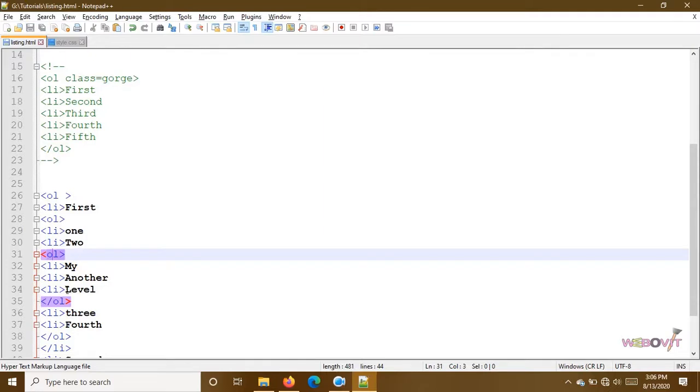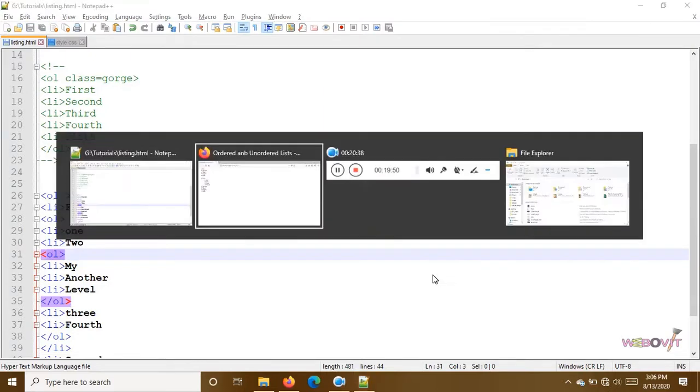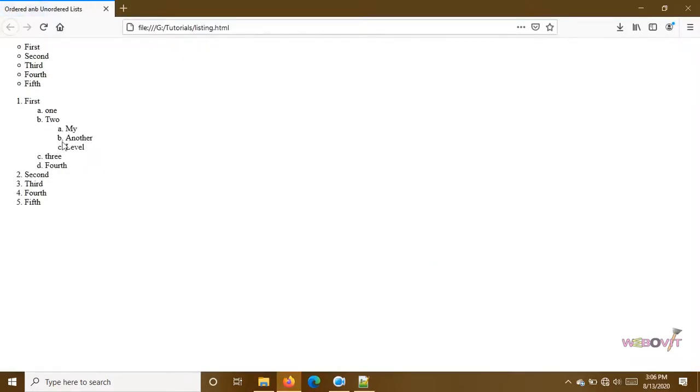Okay, so now for the 2, again an ordered list has started. This is for the 2, which will start from here and it will finish here. We will see the preview. Okay, so now first having these parts A, B, C, D, then this one too having these parts also. So like this we could have subcategories also. Now we have to give style for this third level. This is first level, this is second level, and this is the third level.